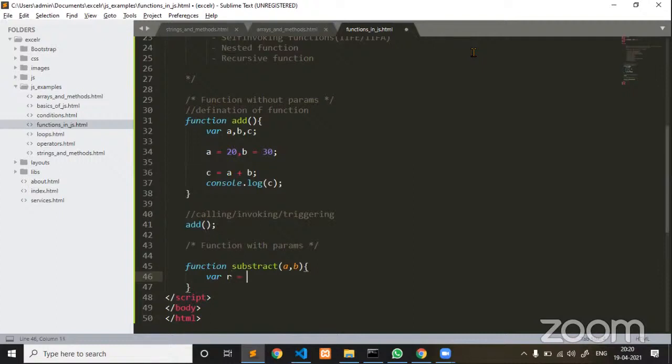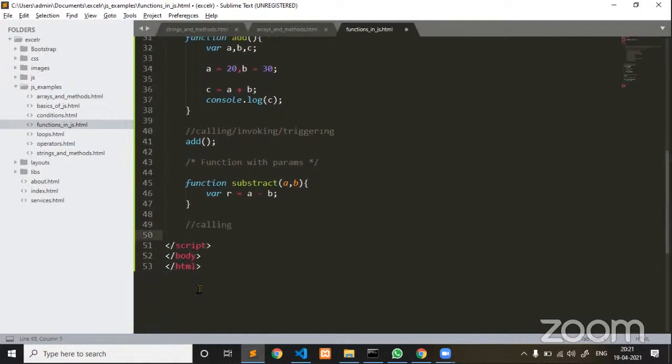Where result is equal to a minus b. You don't need to declare this a and b. Why? Because these are parameters. While calling a function, as I already discussed, if the function definition expects parameters, while calling you have to pass parameters by value. Now a and b we have to pass as values. For a I am passing 40 and for b I am passing 30. Then if you try to execute it, guys listen carefully, you won't get any output in the console. Just 50 only it is printing.